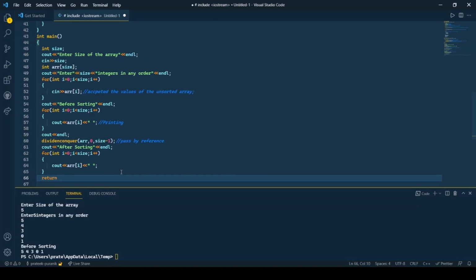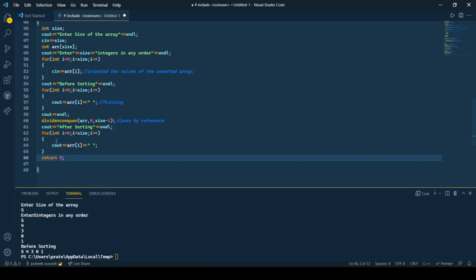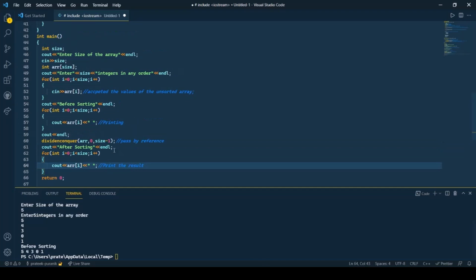Return 0. So over here we have completed the process of quicksort. So over here we are going to print the result or the sorted array. Okay, so basically over here we are calling the divide and conquer process.